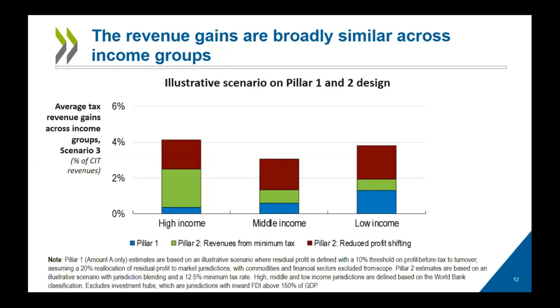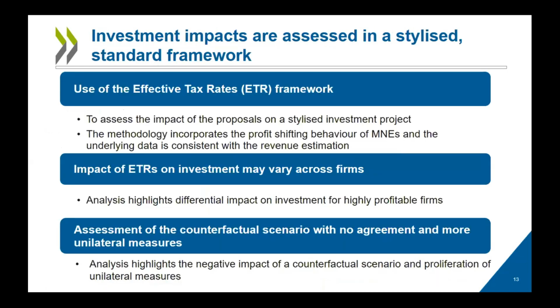But on that scenario, we see that Pillar 2 is a significant contributor to high income countries, and reduced profit shifting incentives and the dividend, if you like, that delivers to all jurisdictions is also of some significance. Now, in terms of the investment effects, and I know that we're pushed for time, so I'll move through this